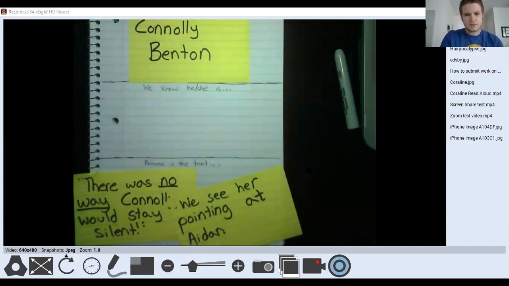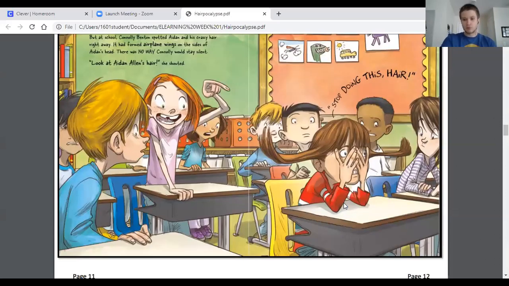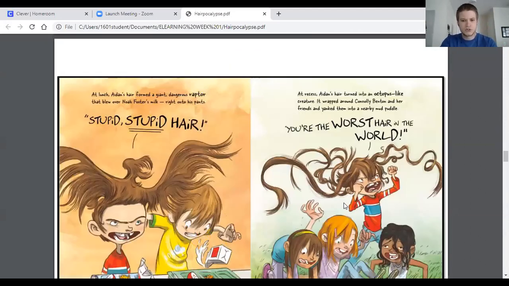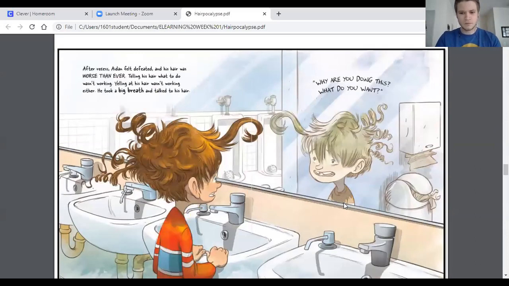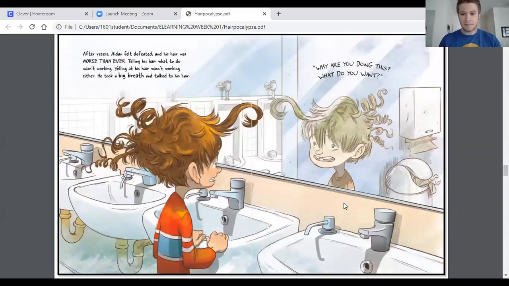So, let's go back to our text. This is where I am going to stop reading for now. Okay? I'm going to let you read the next part of the story. I'm going to have you read all the way to this page here, page 18. Once you're done reading page 18, I want you to stop, answer your questions, make your list of events in the story that caused the problem to get worse, and then answer the 2 questions on your quiz. Once you've done those things, you're good to go.